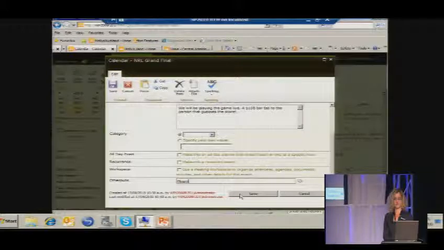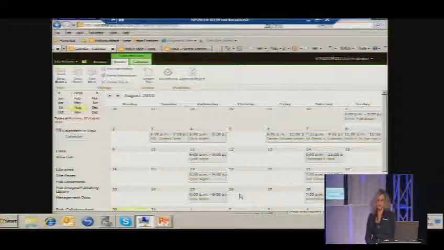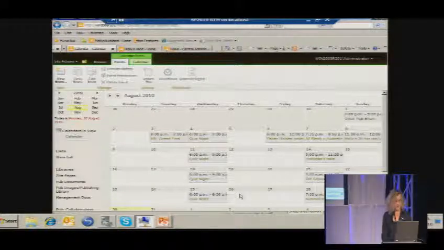Okay, so that's showing two uses of how you'd use managed metadata and how to set it up. The next thing I'm going to show you is going to